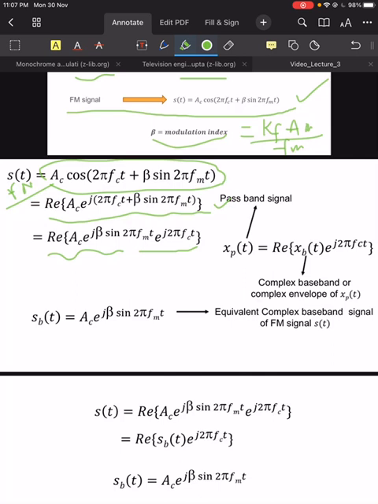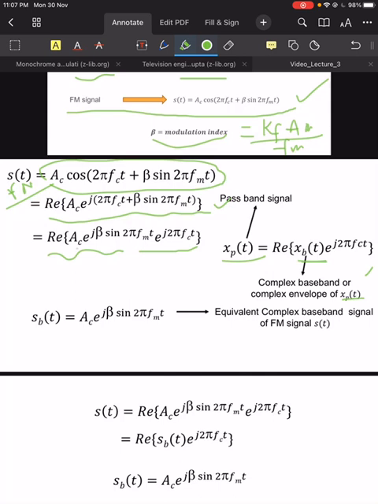So when we have a passband signal xp(t), then xp(t) is the real part of the complex baseband equivalent signal times e^(j 2π fc t). So this is basically the complex baseband or complex envelope of the signal xp(t). Similarly, using the same analogy, we can